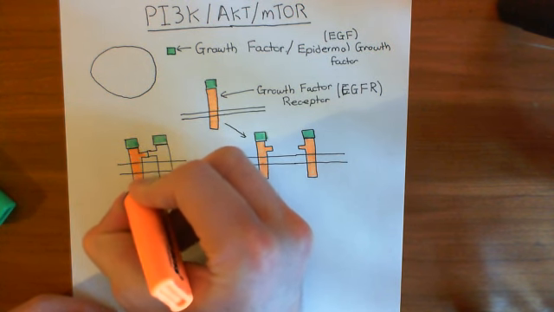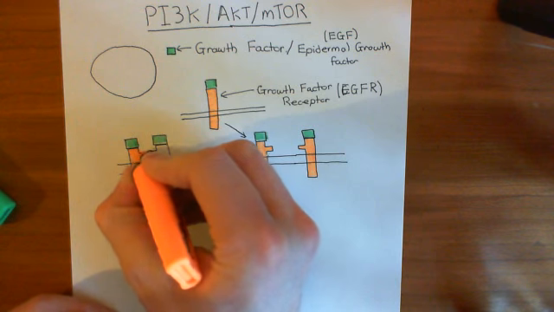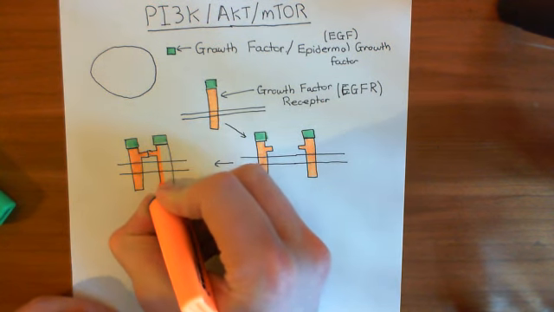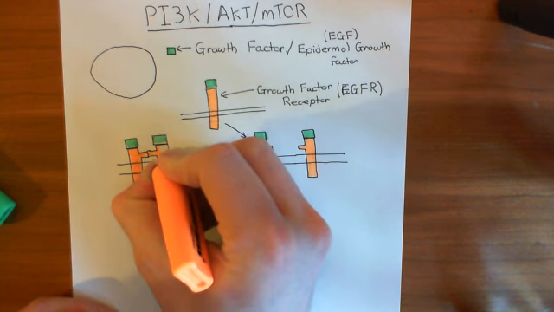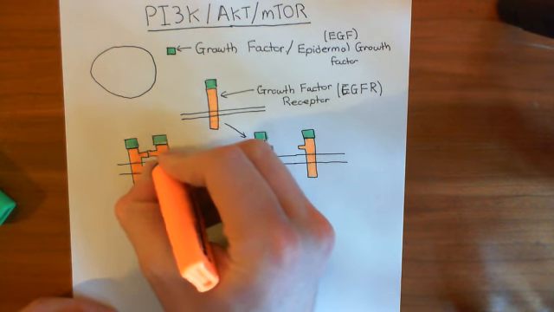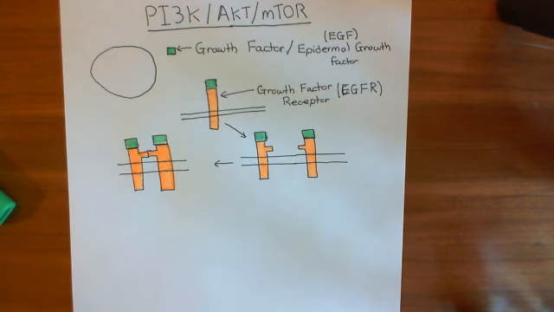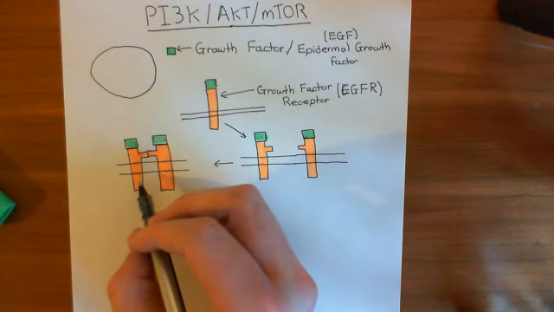Okay, let me just finish colouring them in, and then we'll talk more about what happens next. In fact, actually, I'll talk now whilst. Right, okay, so intracellularly, once these two growth factor receptors have dimerized together, each of these receptors intracellularly has tyrosine